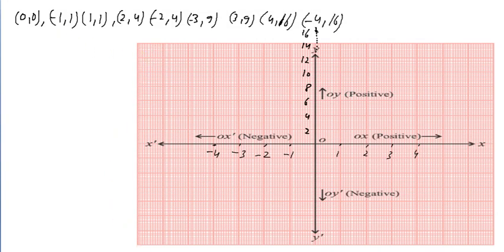Now these points are plotted on this graph paper. So it is your 0. So first of all this one, 0, 0. You can write here 0, 0. So the first one is minus 1, 1. This is minus 1, 1 here. And plus 1, 1 is here. Now it is 2, 4. So for 2, 4, you can write here 4. And what about 2, 4 here? Minus 2, 4. And 3, 9. So you have to see here, 9 is here.